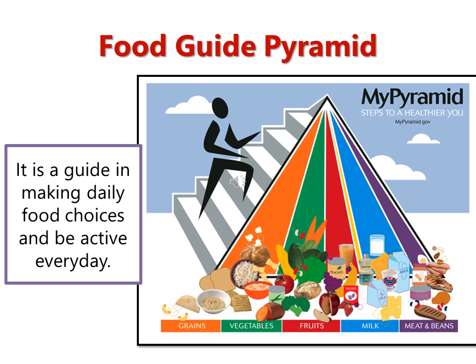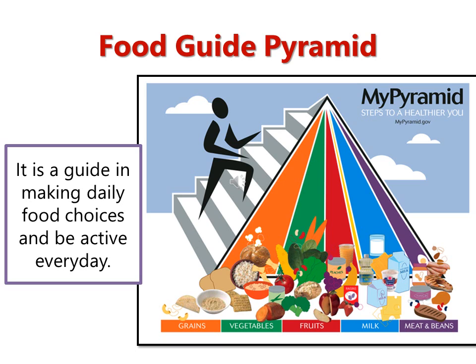As you see, the pyramid is color coded: we have orange, green, red, yellow, blue, and purple. Each color represents the variety of food or nutrients that our body requires,